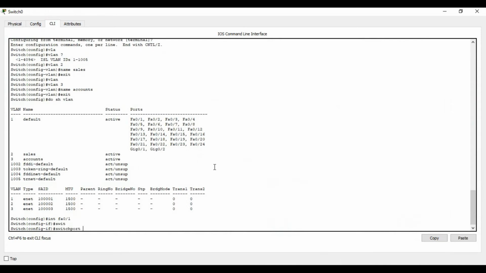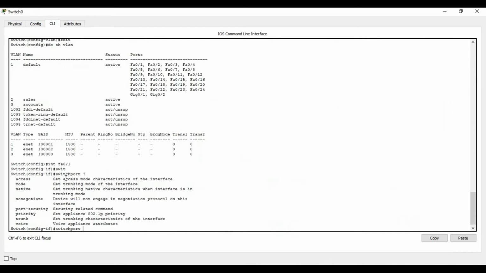The command is switchport. You can see we have different modes here. There are three modes: access mode, trunk mode, and one more mode known as dynamic mode. Each port is by default in dynamic mode. In dynamic mode, they negotiate directly, depending on the forwarding interface.